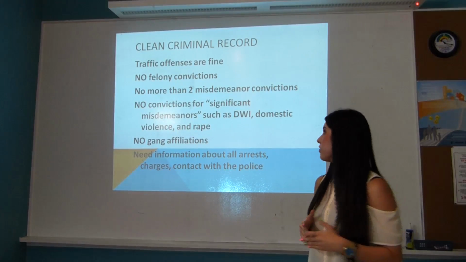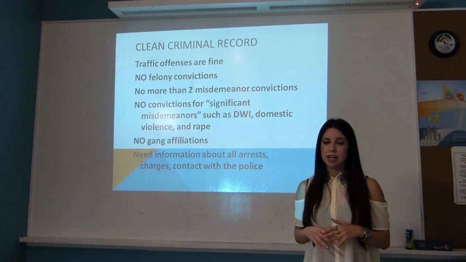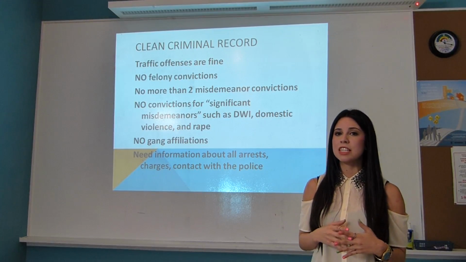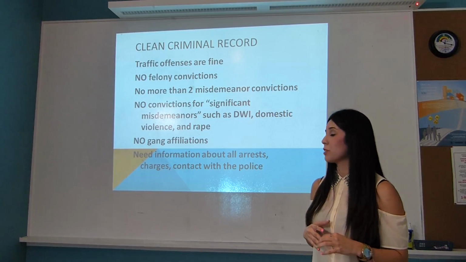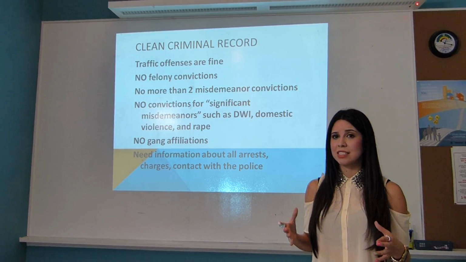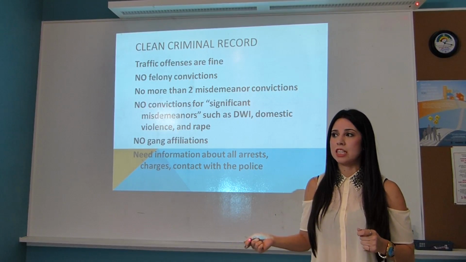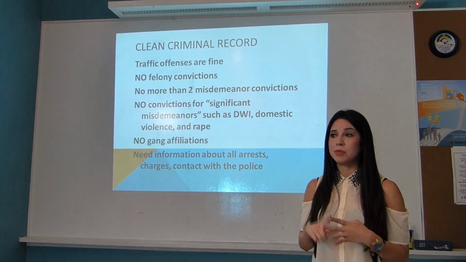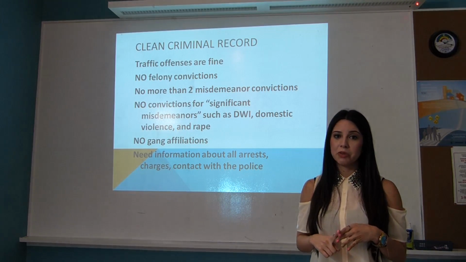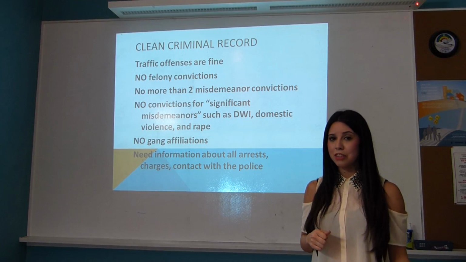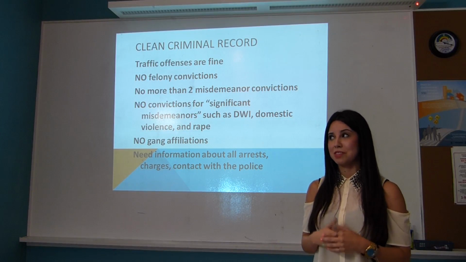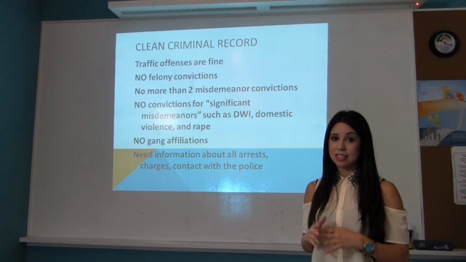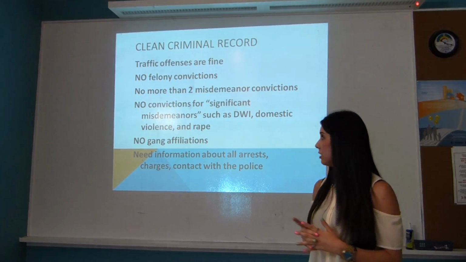So if they've ever had any kind of contact with the authorities, with law enforcement, we like to get all the details about that. So if they do have some kind of situation, then we need to know when it happened, why it happened, who was involved, and especially if it was cleared, or if they still have some kind of warrant for their arrest, or if they paid it off, if they have some kind of probation officer. All of those things we'll need to know before they apply for DACA.